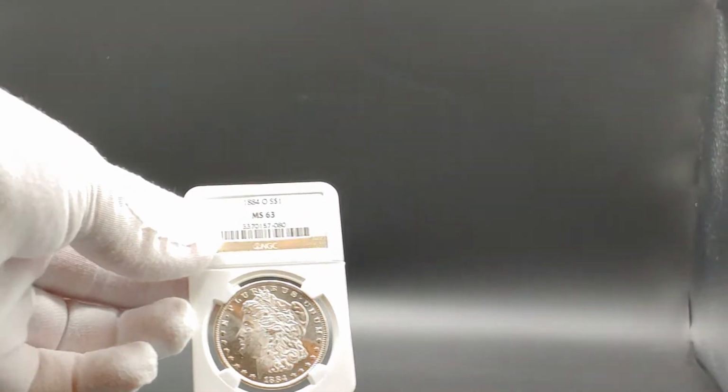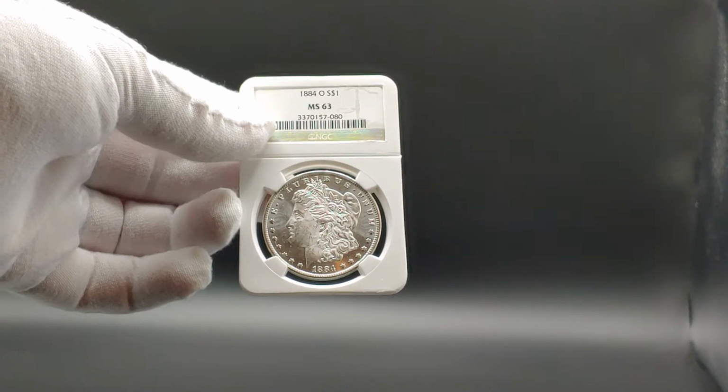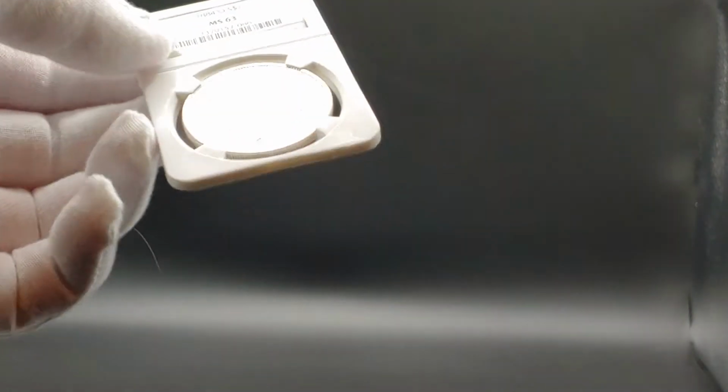Alright guys, here's a video on how I list raw coins on eBay. I just want to give step-by-step detailed instructions on what I do to help take better images of the coins. But this is that MS63 crackout. And what you want to do is